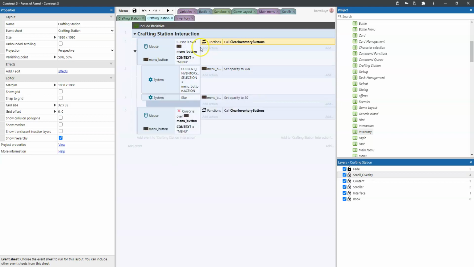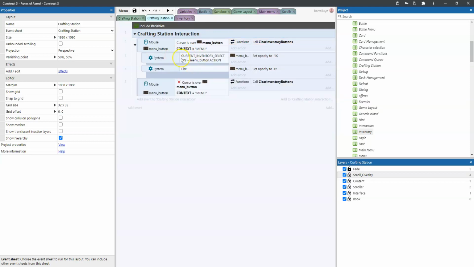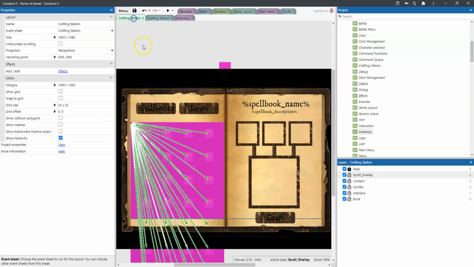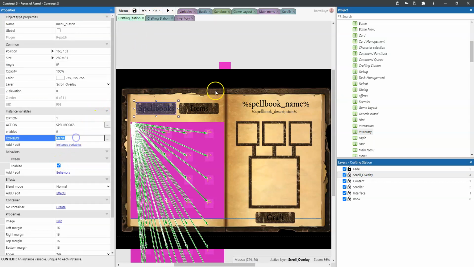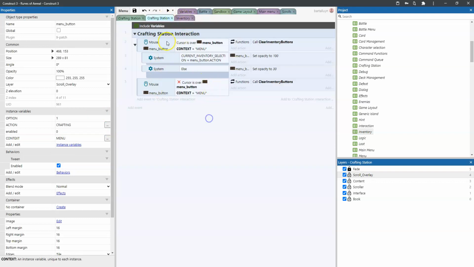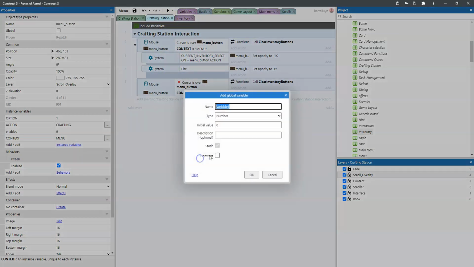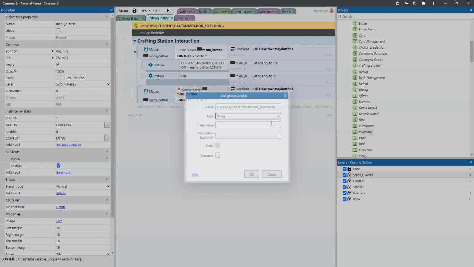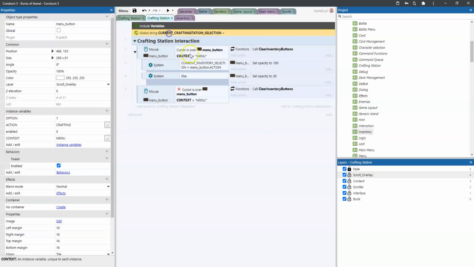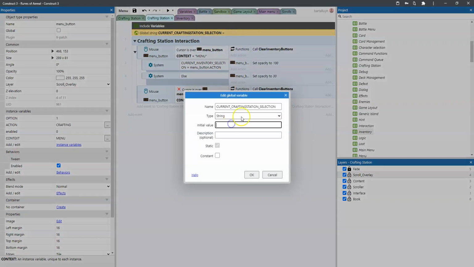But we need to realize that these crafting buttons here, we really want to do that with the crafting buttons. These crafting buttons are these buttons here on top. They both have context called menu, which is great. And we'll need to include a variable that says current crafting station selection, which is a string. Put that there. Let's start with spellbooks,